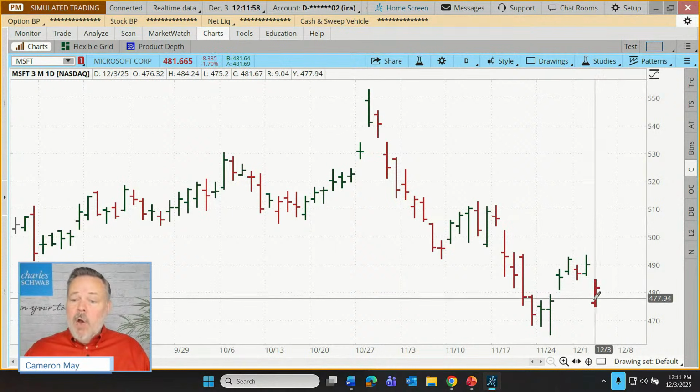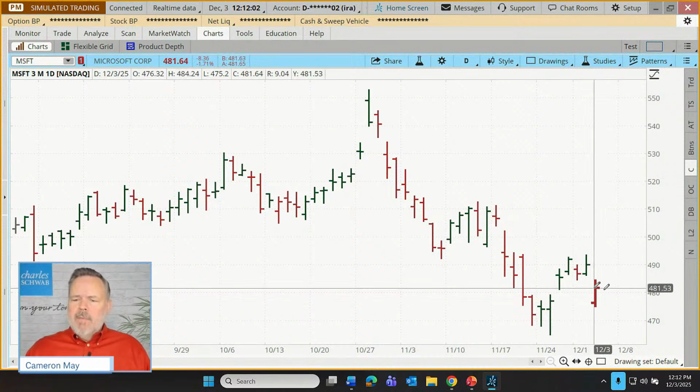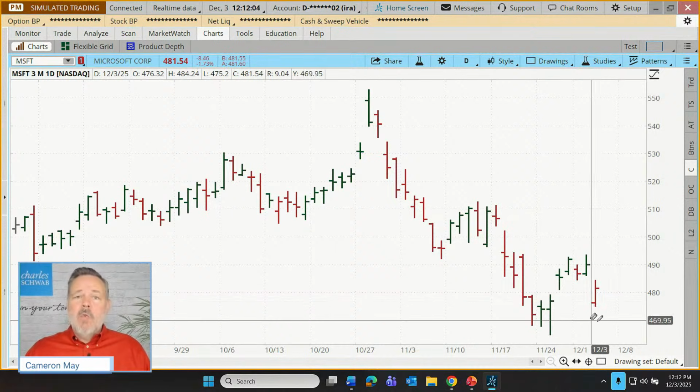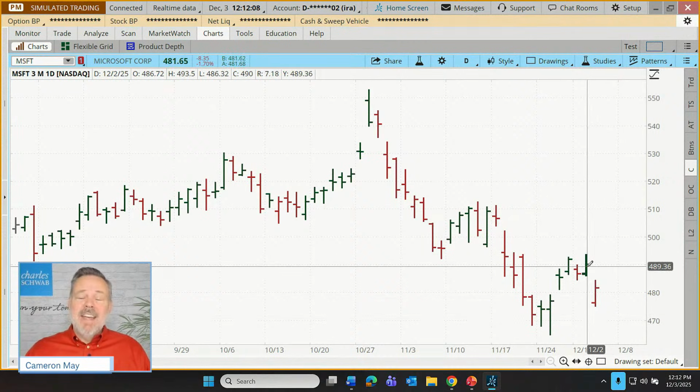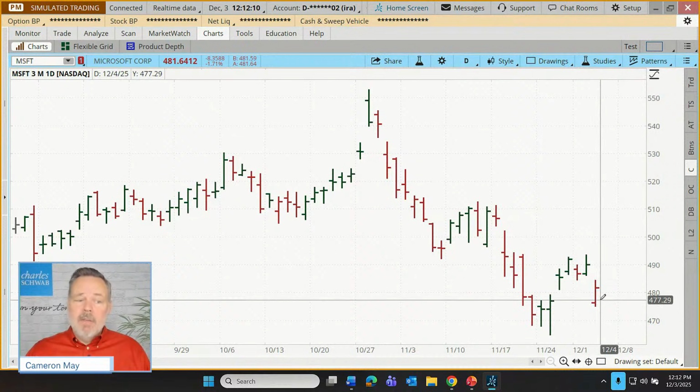Now, if we compare that to the open of today, some people would look at this and say, Cameron, we're up from the opening price, so why is this a red bar? It's because the color scheme comes from a comparison to yesterday's close, not this morning's open, right? MBH says, is it possible to change the look of the area chart? It is customizable.